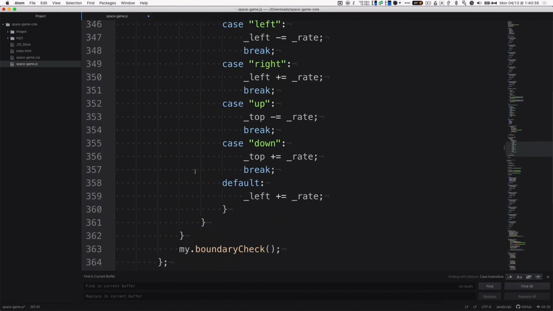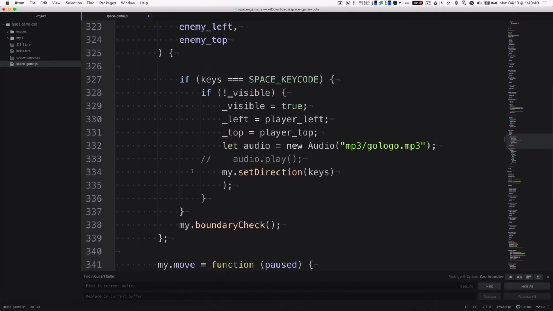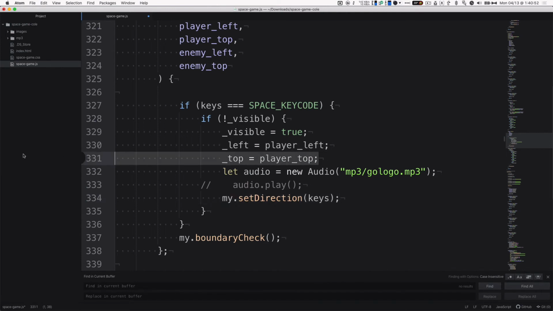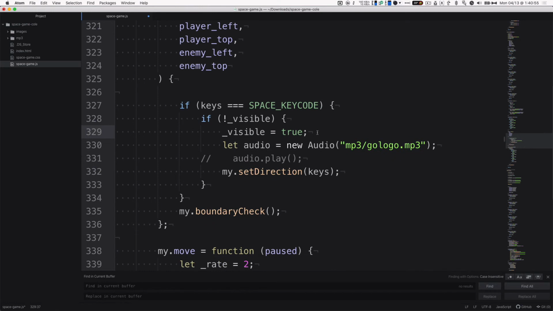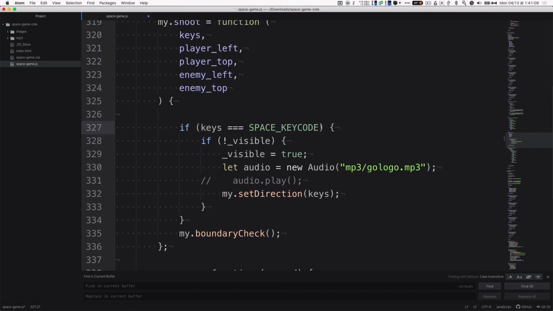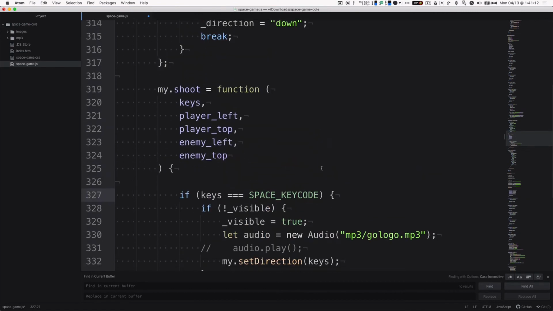Where did I jump too far here? Okay, so we just want to set the direction here. We actually don't even need this because we're not using it. Okay, yep. And keys equals space code. So what we want to do is say if keys